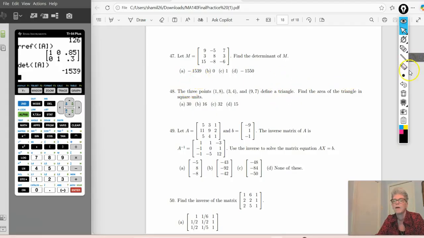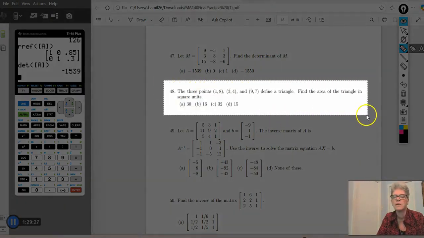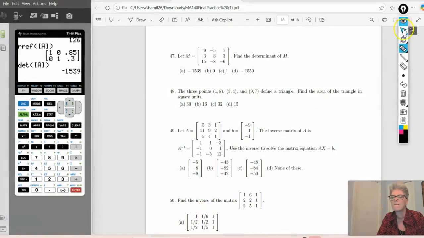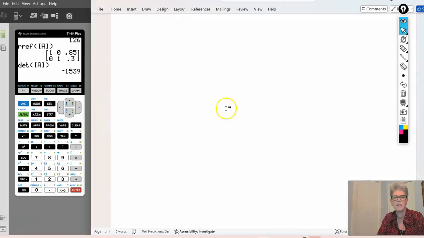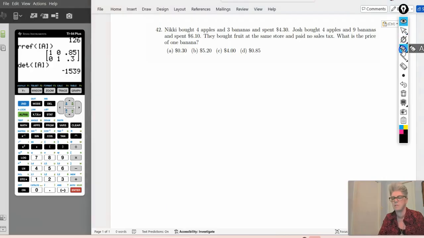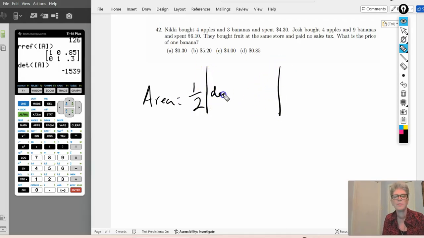All right, now find the area of the triangle in square units. We have 3 points. So the area, again, I might do this one over here. Let me get onto the blank document. There it is. So the area is going to be 1/2 times the absolute value of the determinant